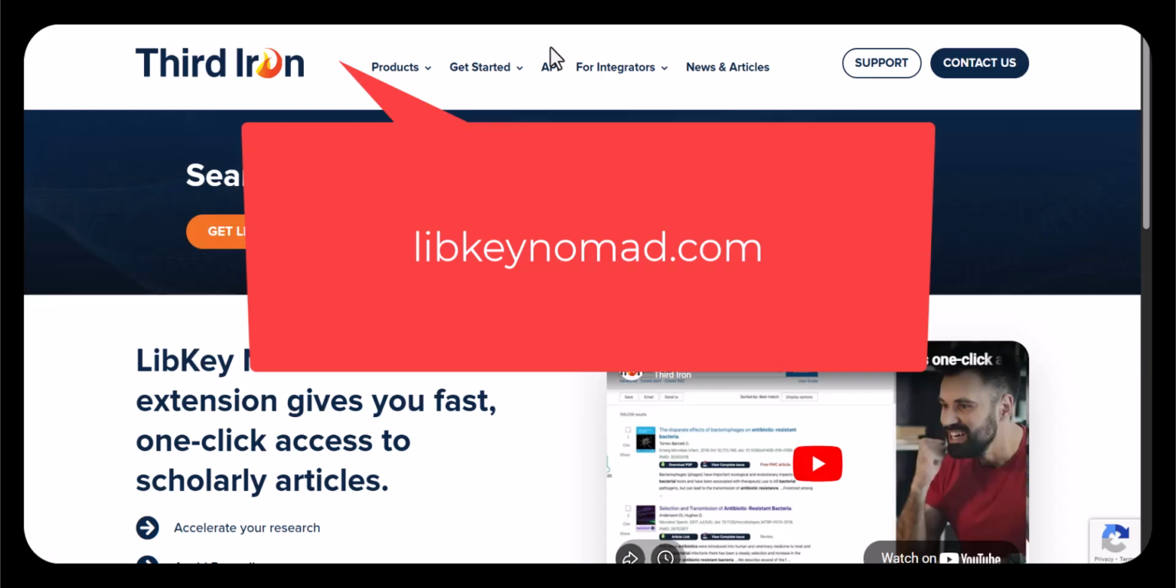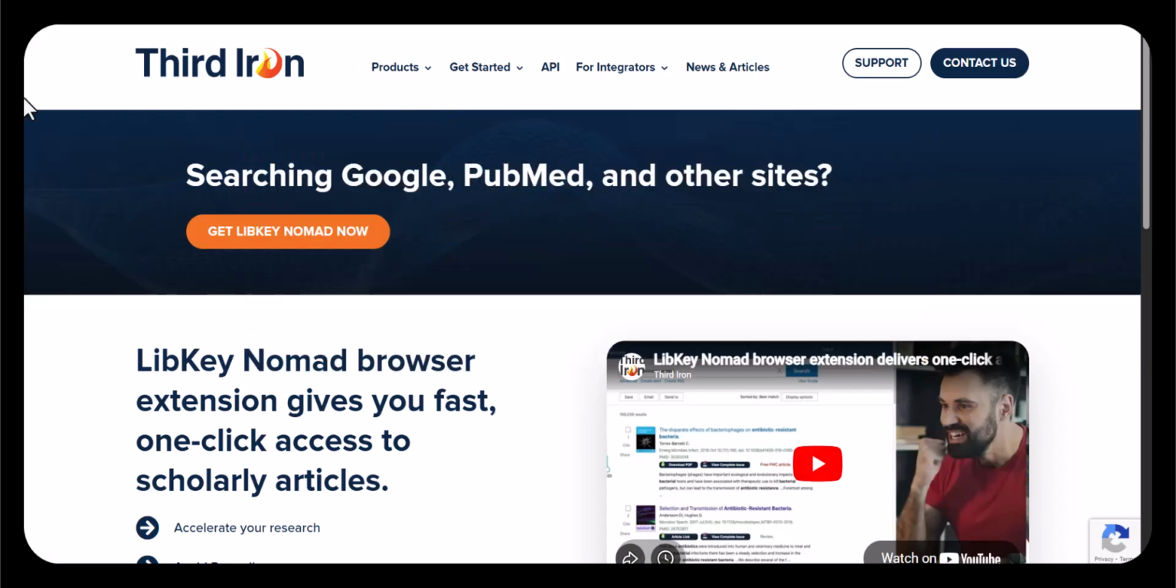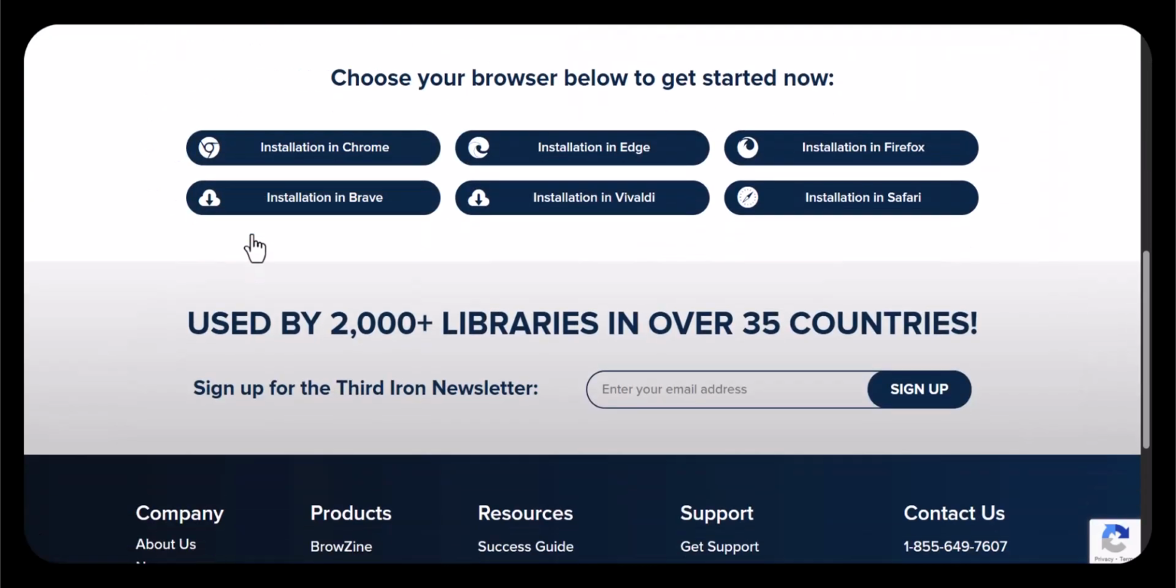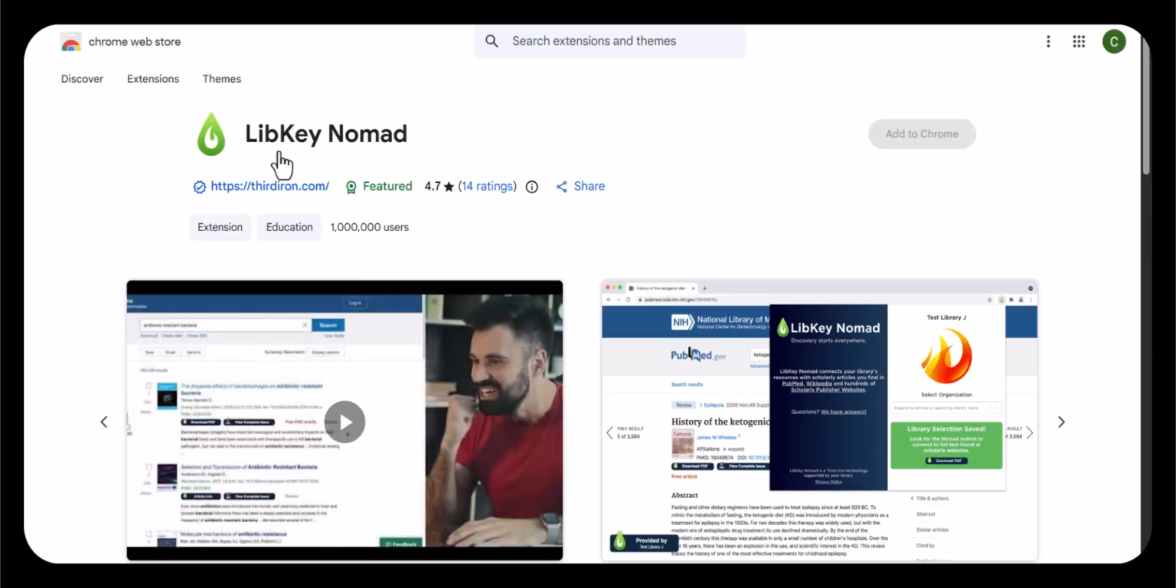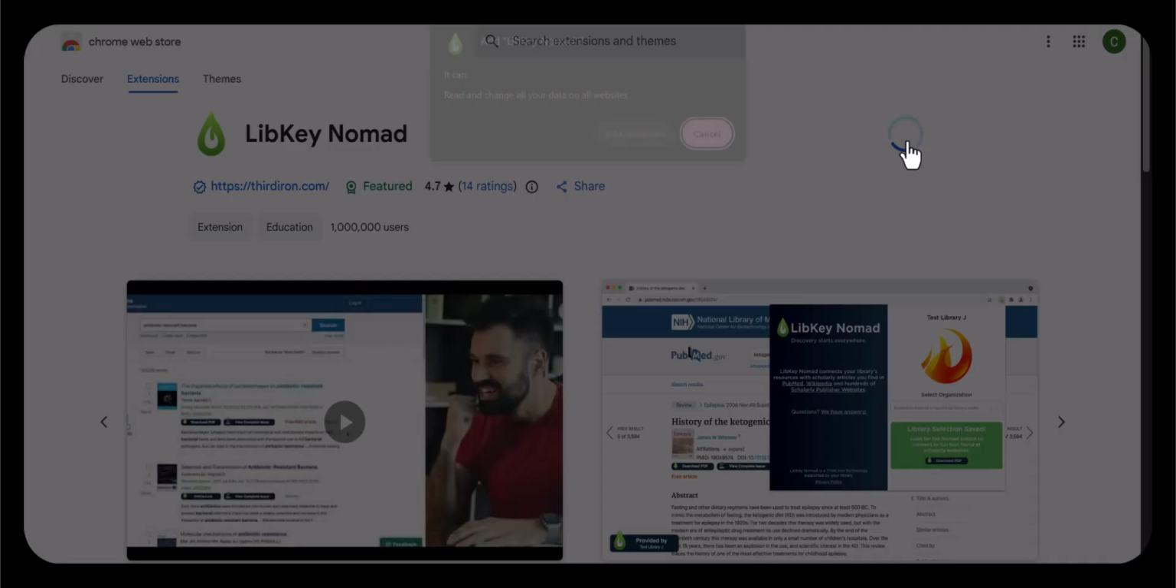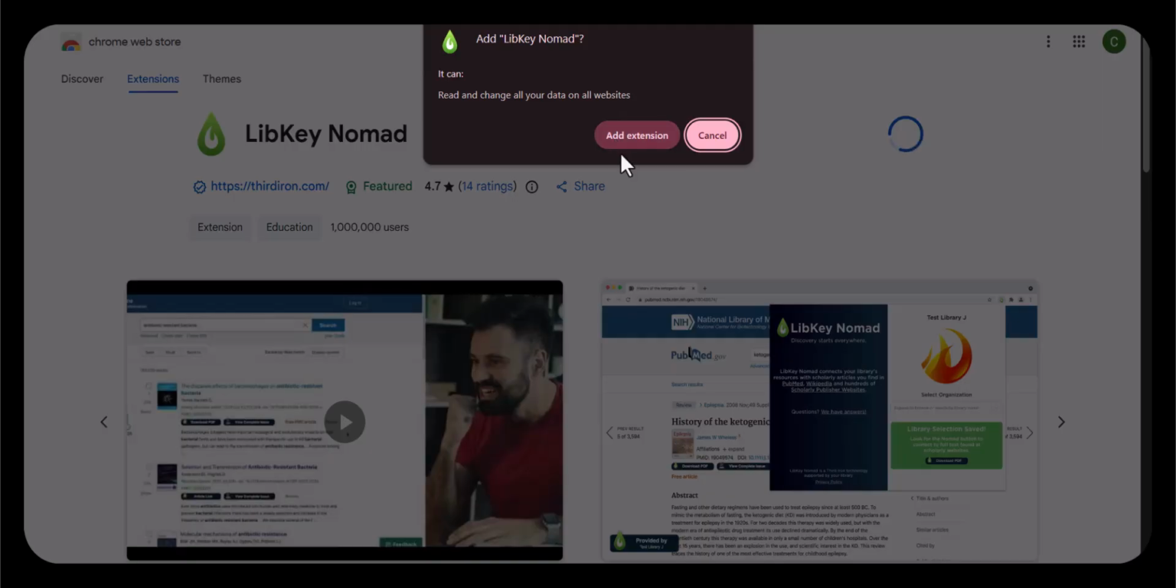So to get started, you want to open up your browser and go to libkeynomad.com. And once you're there, click the Get LibKey Nomad Now button. And as you can see, there are a variety of browsers here to choose from, but since I'm using Chrome, I'm just going to install in Chrome. And then you would add it to your browser, add the extension,